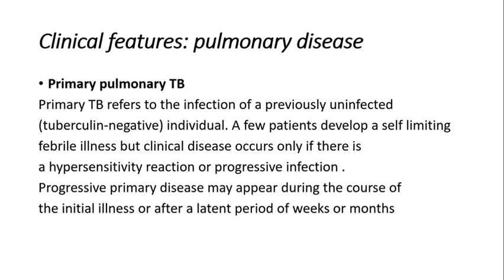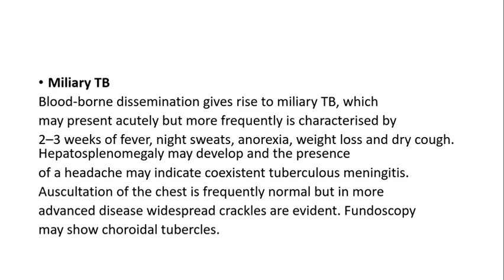Spread of organism to the hilar lymph node is followed by a similar pathological reaction, and the combination of the primary lesion and the hilar lymph node is referred to as the primary complex of Ranke. Reparative processes encase the primary complex in a fibrous capsule, limiting the spread of bacilli. If no further complications ensue, this lesion eventually calcifies and is clearly seen on a chest X-ray.